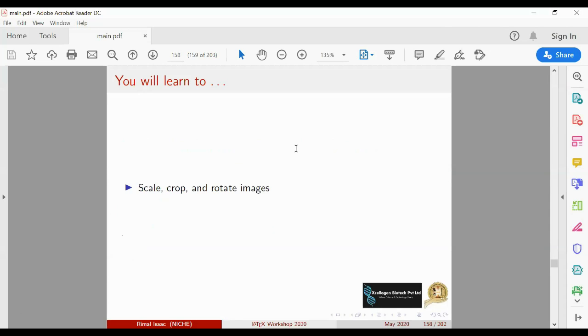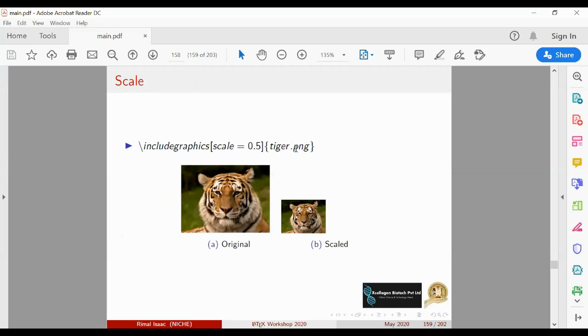Next thing we will see is scale. Scale means you are increasing or decreasing the size. This is the size of the original image. This is a command used in LaTeX to create a small image.